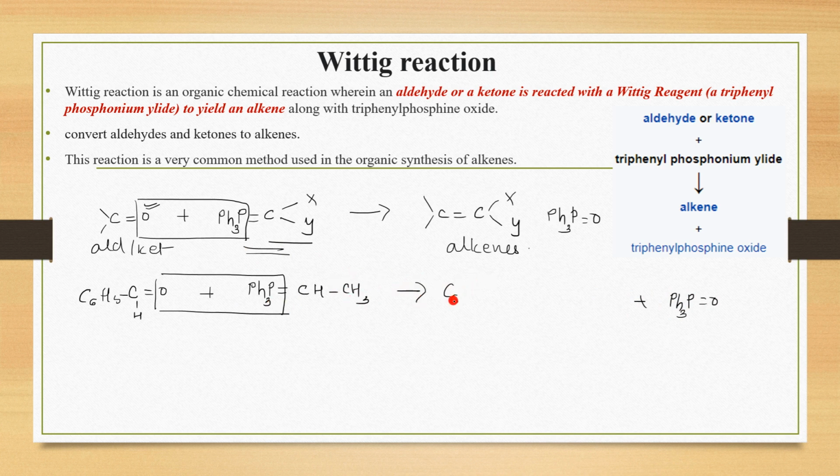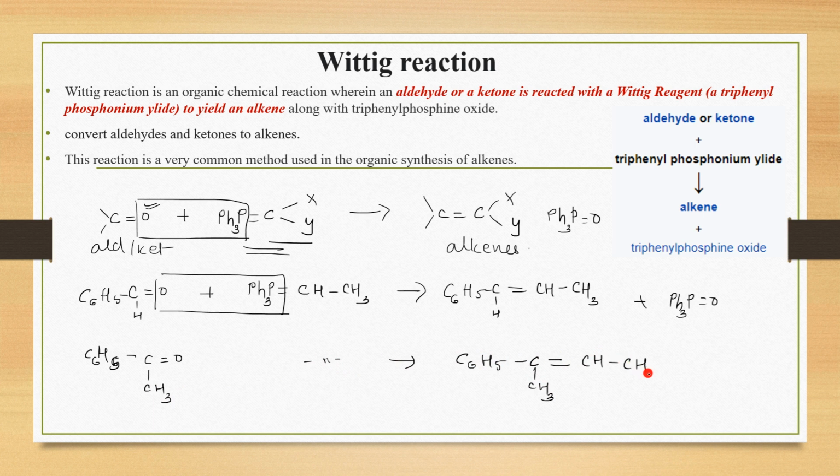So what is the product? You can also write down the product. This is CH from the benzaldehyde part, and this is the ylide part. So you're getting an alkene, yes or no? Any aldehyde or ketone can be converted this way. It's a very simple reaction. Instead of C double bond O, simply write that alkene part. This is your Wittig reaction, okay? And the byproduct is always the same. You get an oxide, right? It is called triphenylphosphine oxide.